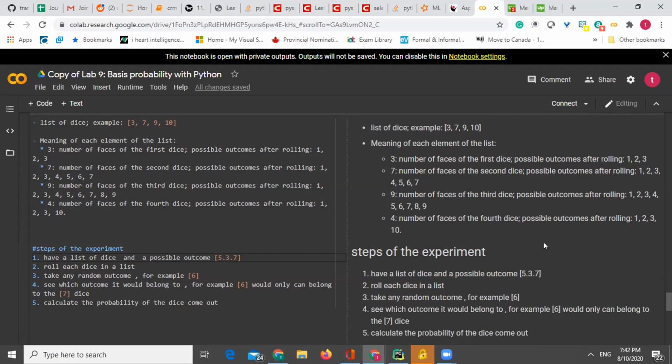For each dice, you should compute two probabilities. First is the probability that